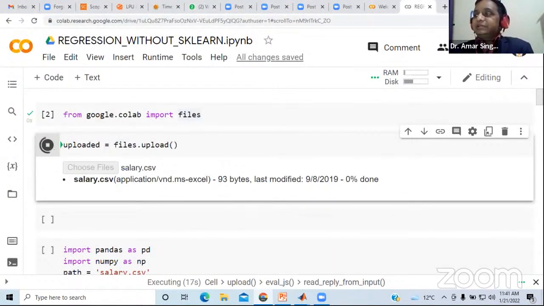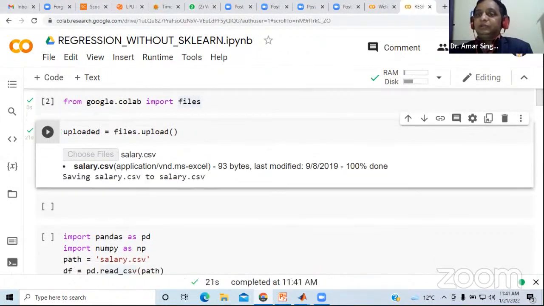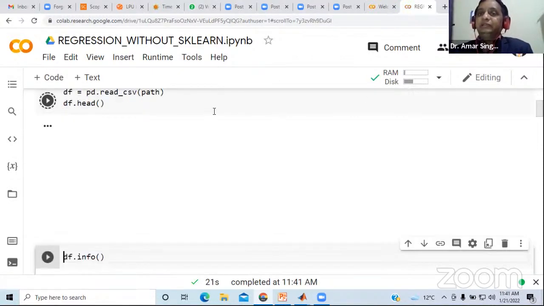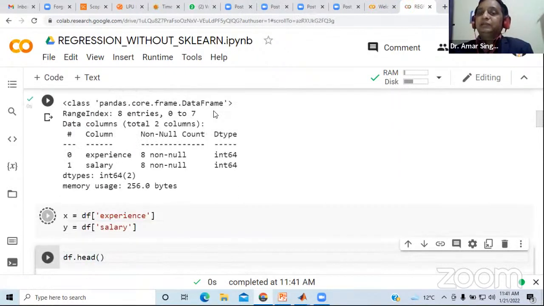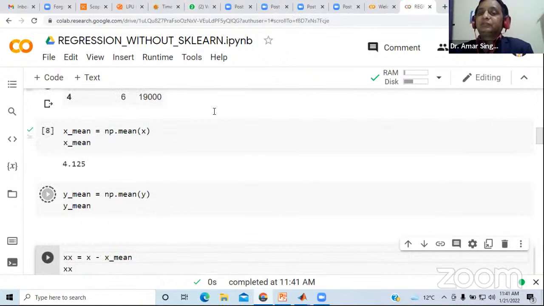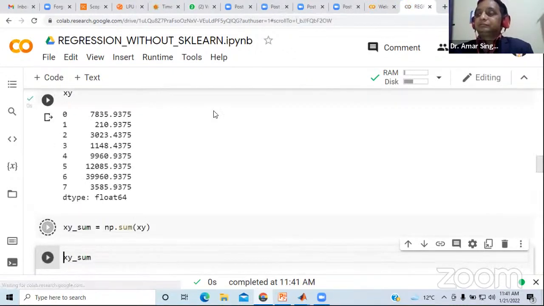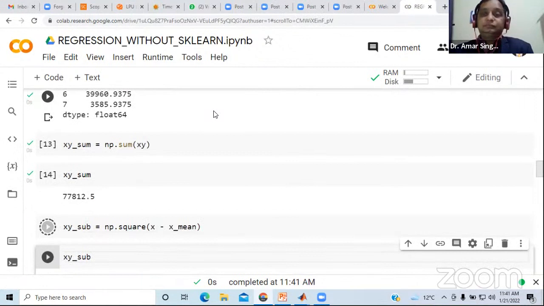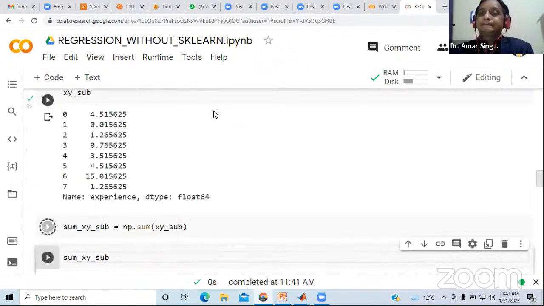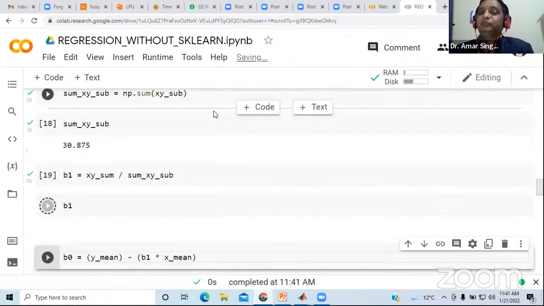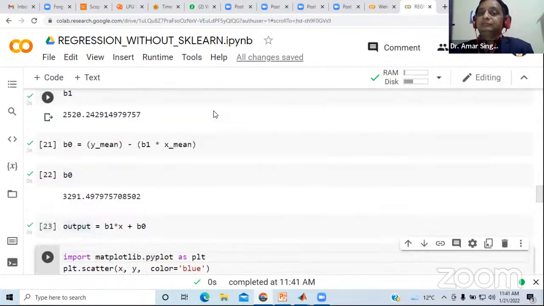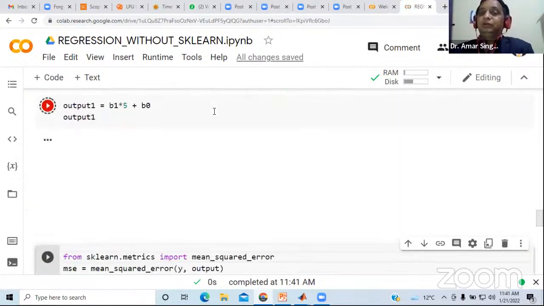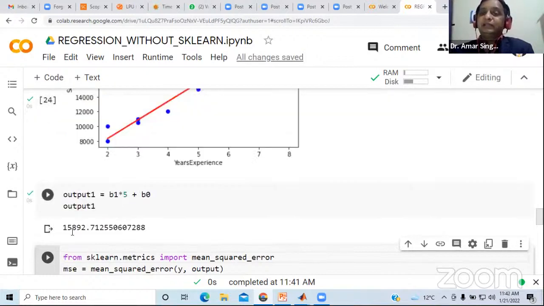I imported the data set in Google Colab. So I shall execute my mathematical equations. So I computed the values of B1 and B0. Now, if a person has 5 years of experience, he will get